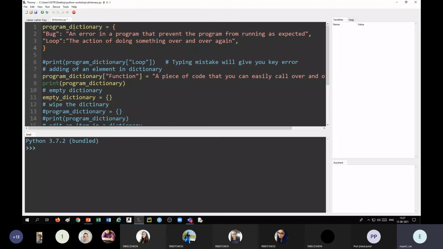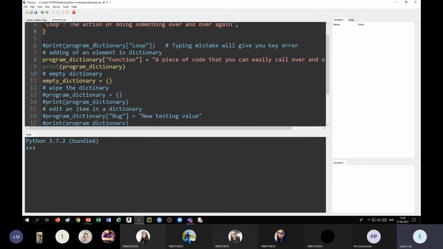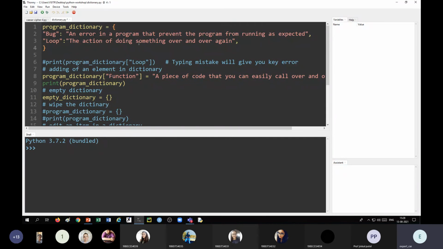So with any variable name, use curly brackets. Then each element will have two things: one is the key, the other one is its value. Okay, it is not necessarily the case that both the key and value must be of string type. It can be of any data type. It can be integer, float, or Boolean. Okay. Next, if we print this, now how to access all the elements?